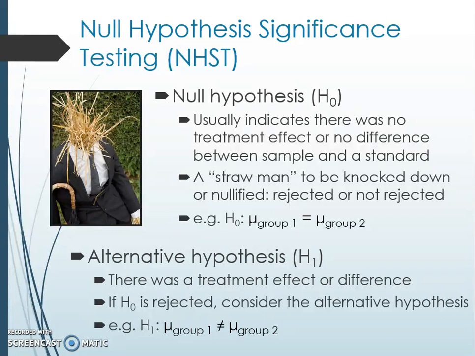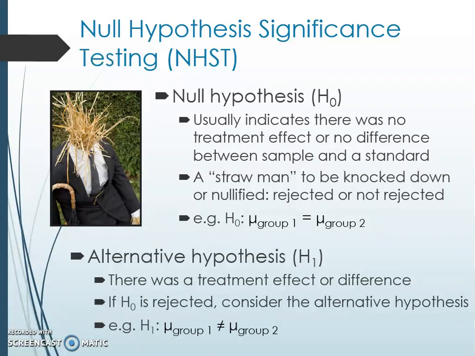And so here you can see if you reject the null, the alternative hypothesis would be, well, we saw ample evidence that that treatment might produce an effect or a difference between the groups. And so here you can see how that would be written out in this particular case, that our alternative hypothesis, H sub 1, is that the mean for group 1 is not equal to the mean for group 2 in this particular case. Now, if you have other hypotheses out there and different sorts of tests besides the t-test, then that would look a little bit different, but those are some of the details that Yaki will go into